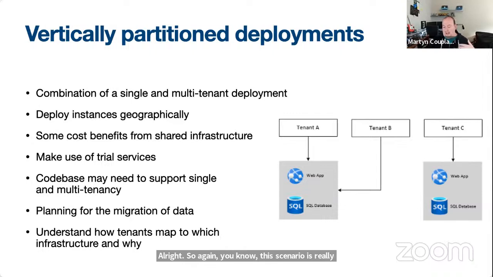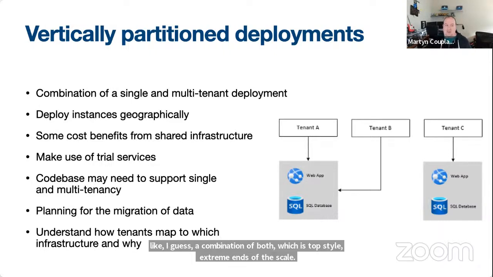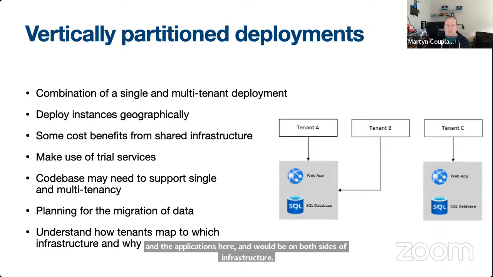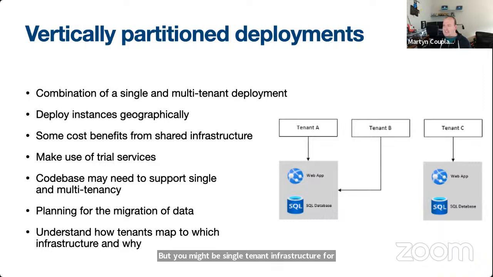We just talked about extreme ends of the scale, where you have everything shared versus everything separate. But you obviously don't have to sit at the extremes of those scales. You can consider vertical partitioning. It's quite easily done, to be honest. So you can use a combination of single tenant and multi-tenant deployments. For example, most of your customers' data and the application tier would be on multi-tenant infrastructure, but you might deploy single tenant infrastructure for customers that require higher performance or data isolation, thus are going to pay you more